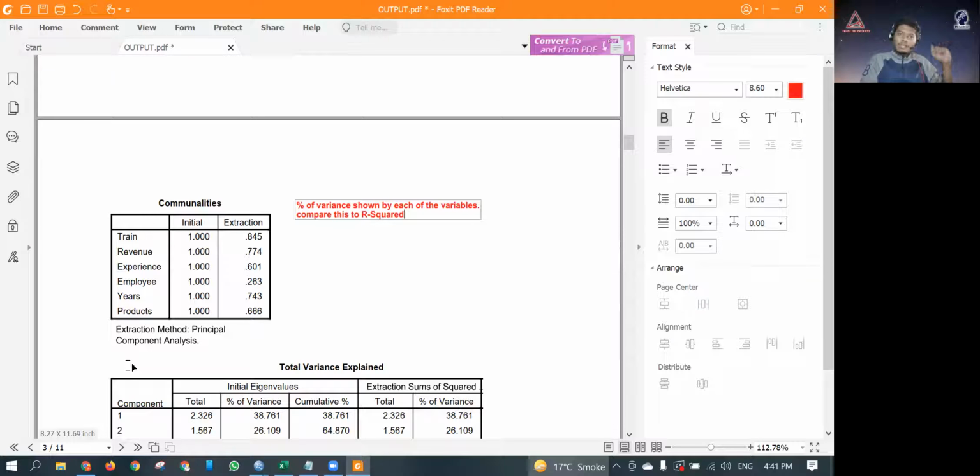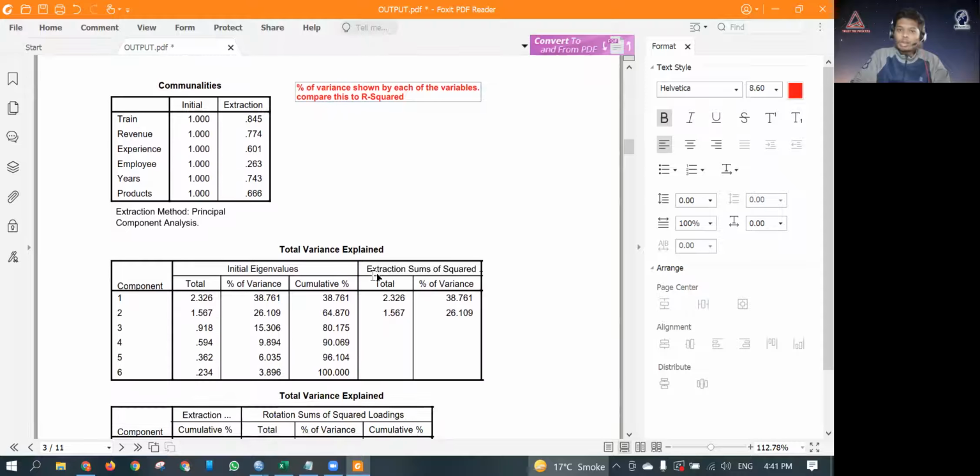We used to calculate R squared to find the percent of variance of y that is shown through that variable. But here you are showing the variance between training and revenue, experience, all of these. If it was just between sales and training, that would have been done through regression. But here we are trying to find the variance between training and all other factors. So it's a communality between the factors. It's communality, not commonality. Okay.